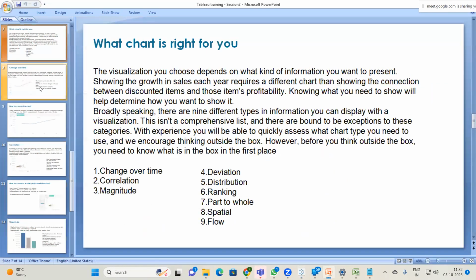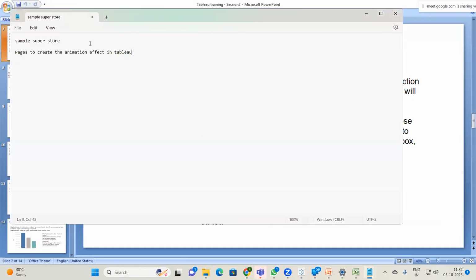I'll start with what chart is right for you. Depending on the data, we should decide what chart needs to be used and for what purposes. Not only for Tableau, for any reporting tool, you have to have some reporting standards. I will tell you one of the standards now. When you have a date dimension and measures,